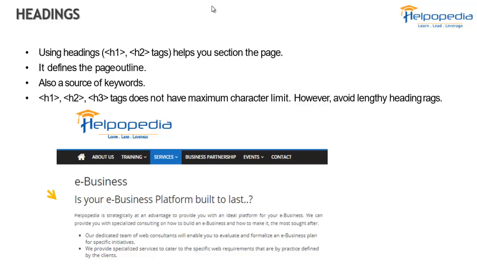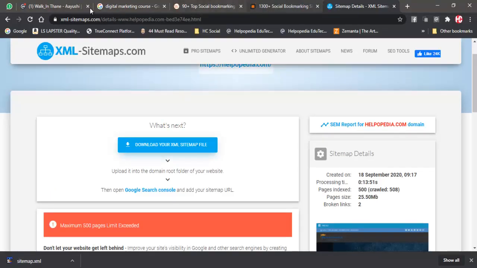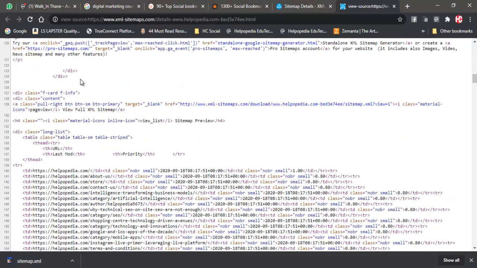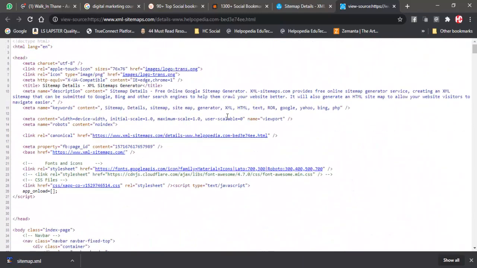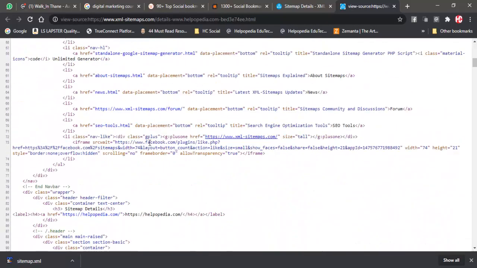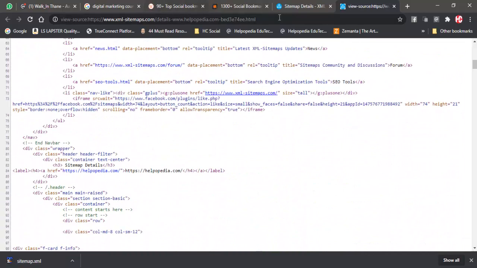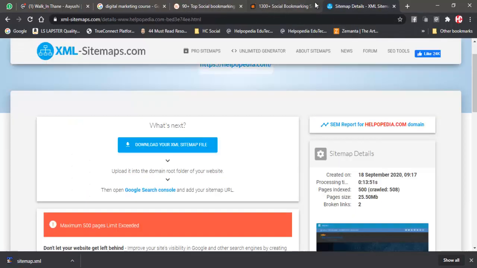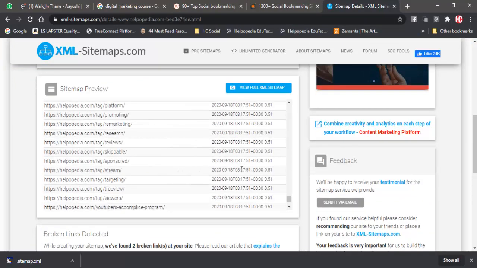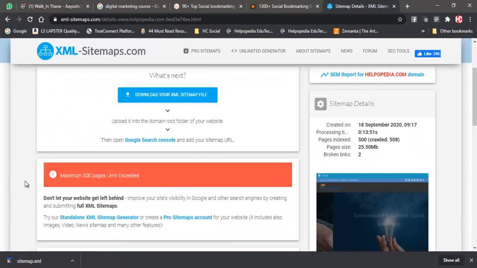So if I show you what the code of a website is, I just go to any website and say view page source, and whatever code Google is seeing, it will show over here. Let me search whether there is any heading on this website, so I search for h1. It is not using any h1 over here, there is no heading. Every website might have different things, and that is not a content website. If we search on a content website, then it will come up. See, over here there are no headings, so for that reason it did not find any.